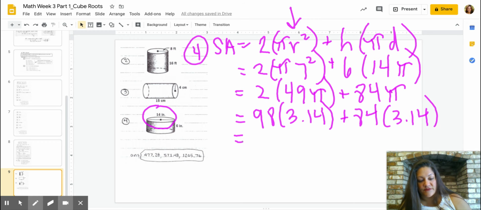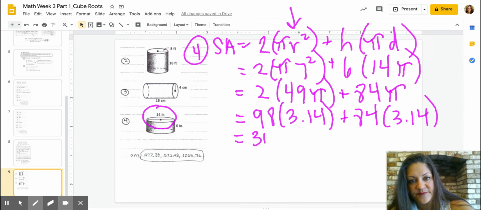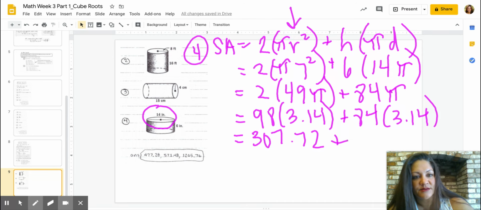And solve. 98 times 3.14 is 307.72, plus 84 times 3.14 equals